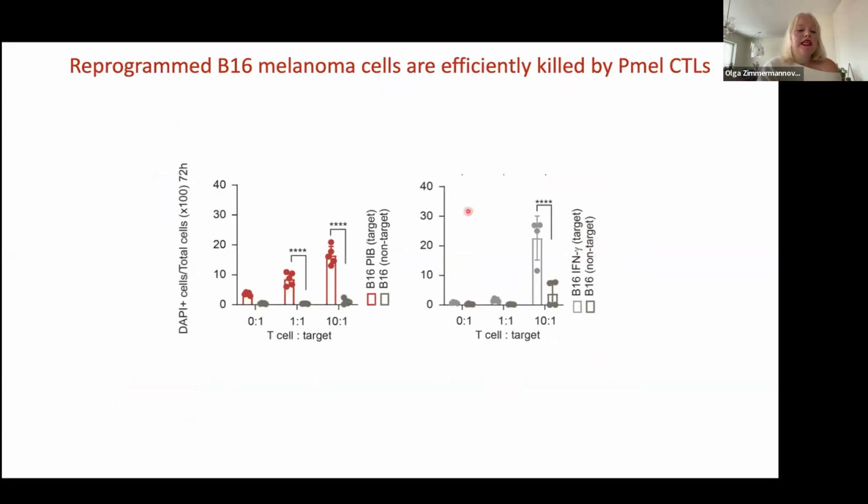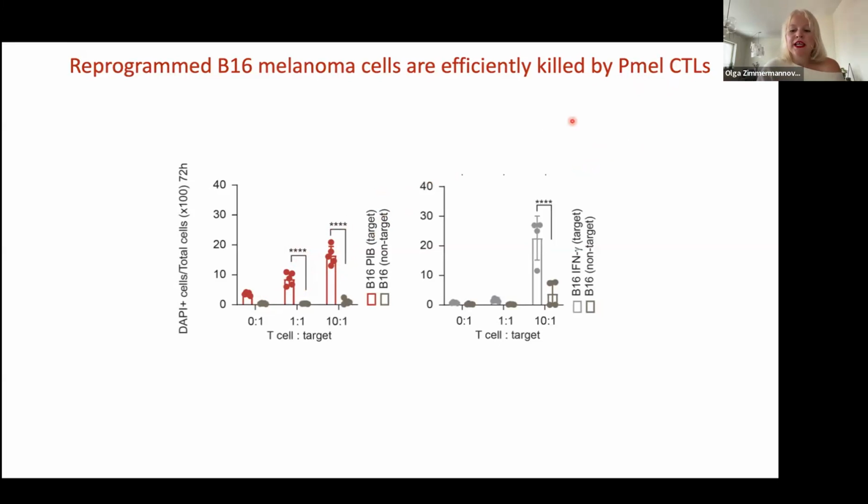And further, we validated this killing, or this increased immunogenicity, also using melanoma cells when they were co-cultured with cytotoxic T cells specific against PMEL, which is one of the common endogenously expressed melanoma antigens. And you see that those cells were also increasingly susceptible to killing by PMEL-specific T cells, which supports